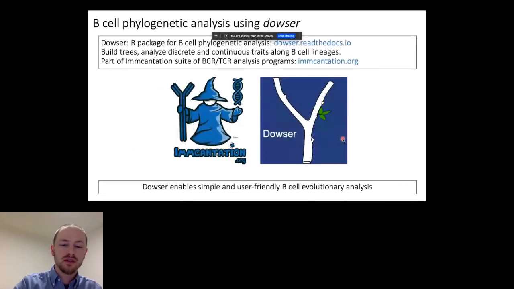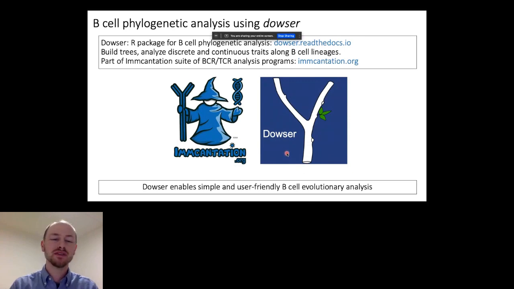So to make all of these methods more widely available, we recently released an R package named Dowser, which implements all of the methods that I've talked about. If you're interested, check out dowser.readthedocs.io. It allows you to build trees and analyze discrete and continuous traits along B-cell lineages. Of course, it's named after the practice of using a Y-shaped stick to make questionable geographic inferences. I like to think that what we're doing is a little bit